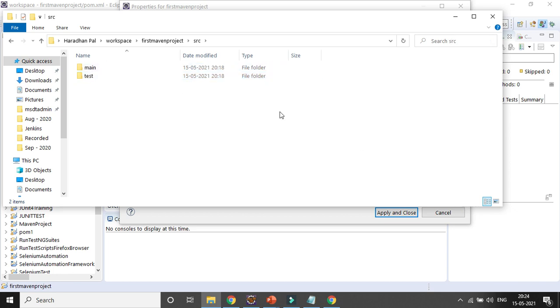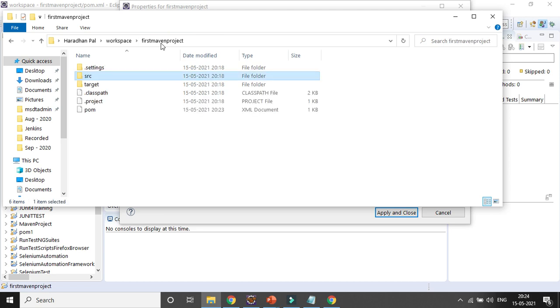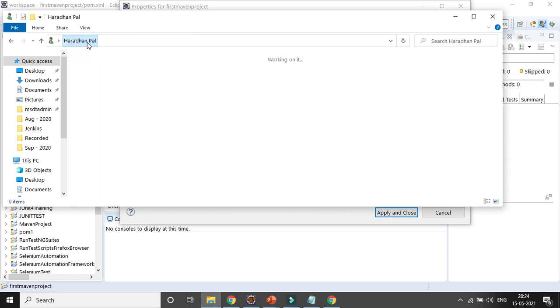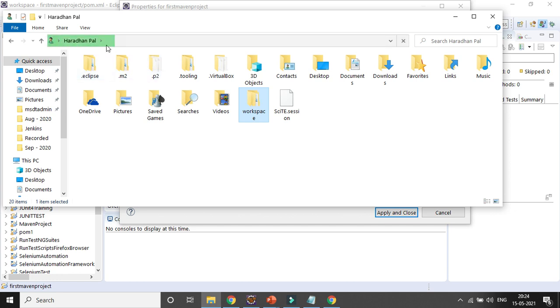If you open the pom.xml file, you can view it. Those have already been added, and if you look here in my C drive, there is a .m2 folder automatically created. That means the Maven project has been created, Maven has been installed.